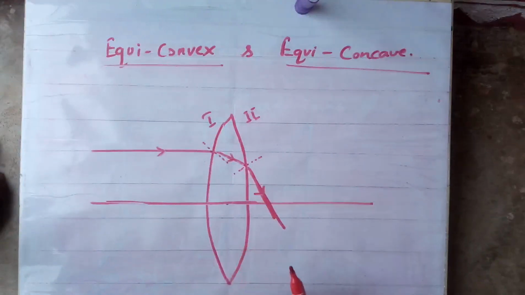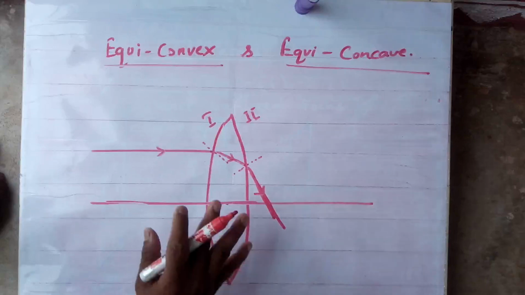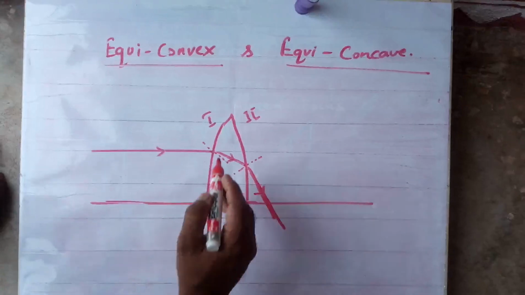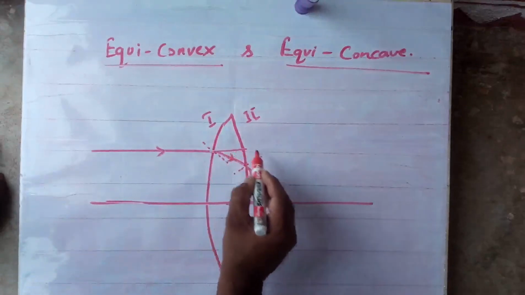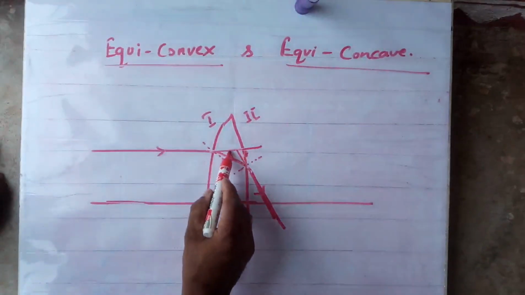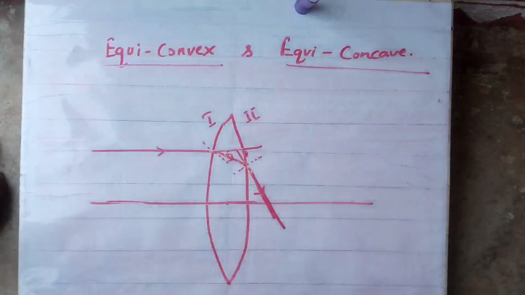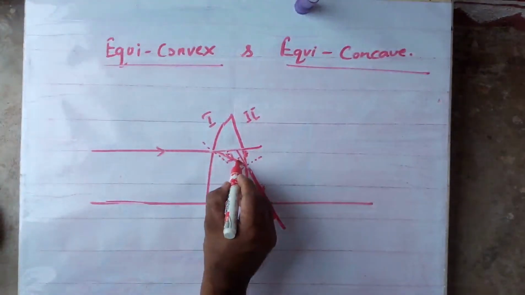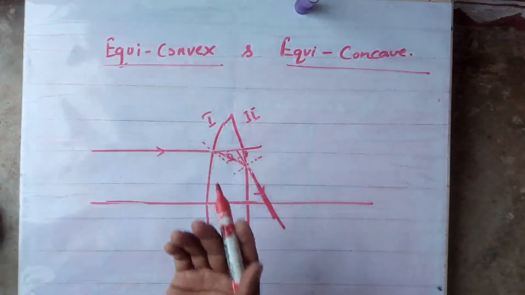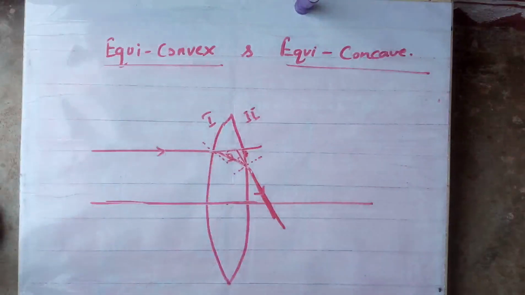It may happen that one surface will converge and another surface will diverge the ray. Is it happening like this? Total deviation is this one. The ray was traveling like this, now traveling like this. Total is the angle of deviation. So total deviation is deviation at the first surface plus deviation at the second surface. Clear? So in this case the total deviation is directly the sum of these two. If one surface is converging and another surface diverging, then it would be a difference of the two deviations. Got my point?